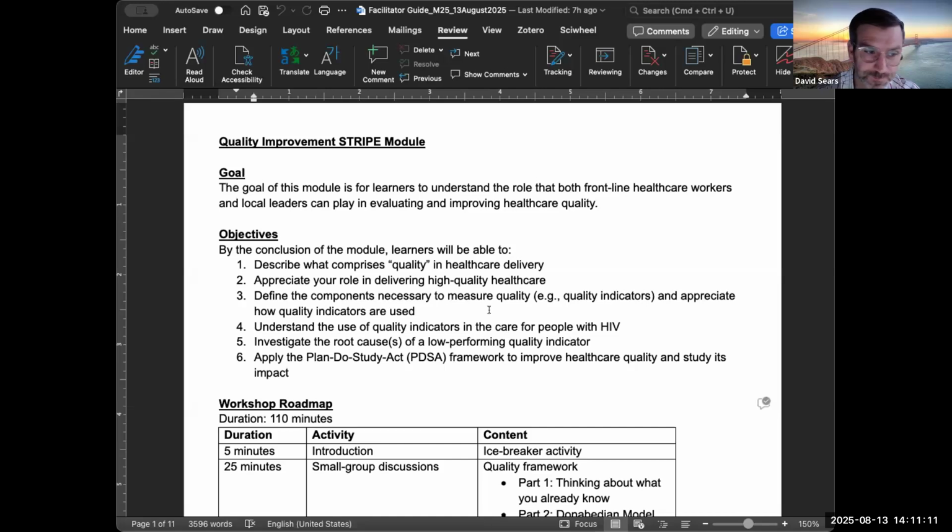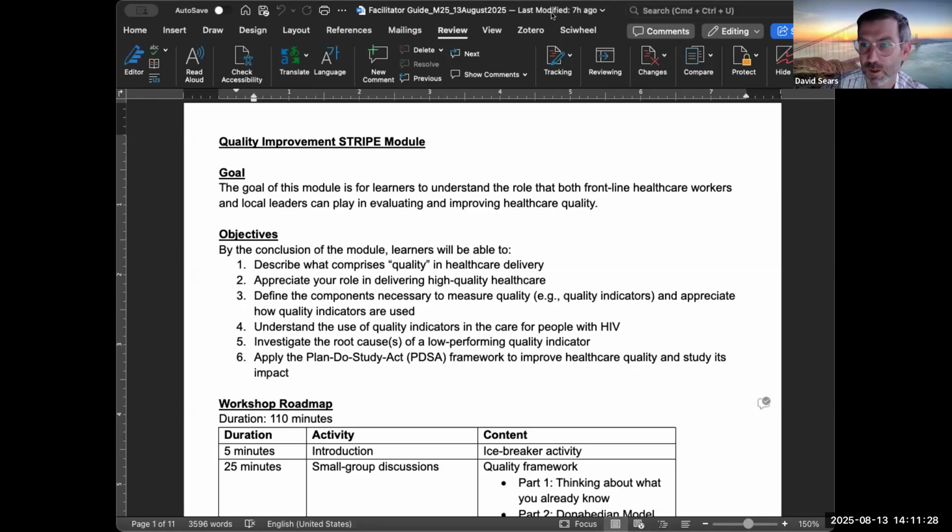In addition to that, particularly if groups are able to project slides, we have a set of slides that the facilitators will use, sometimes to visually demonstrate either graphics or important learning points, and that will accompany the